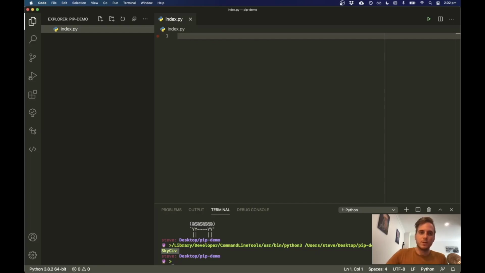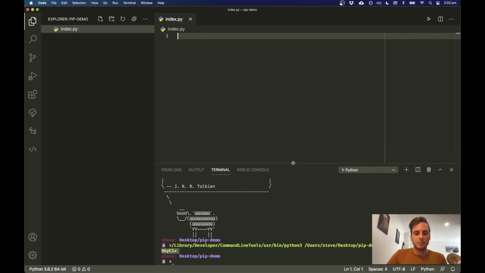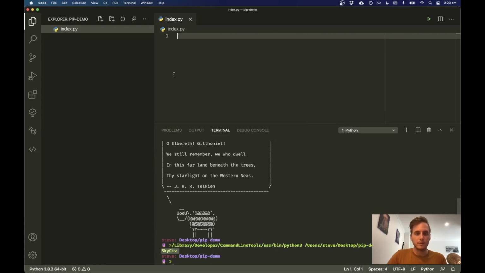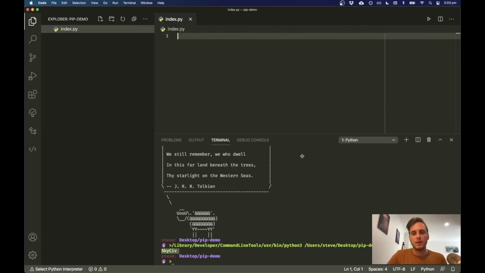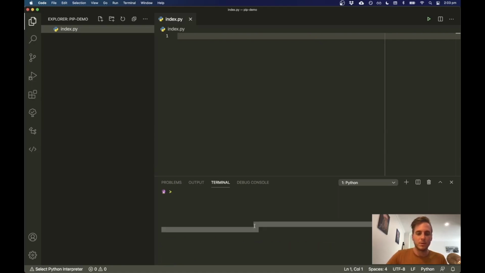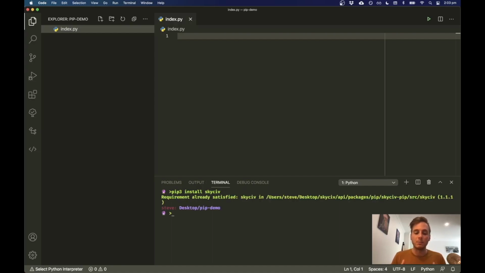So to get the SkyCiv package installed into our project, I'm just going to install it globally, and I want to use Python 3.9, which is the latest. I've obviously got a few versions installed, but by clicking down here, I can select 3.9, and then from within here, because we're using Python 3, in my case it's pip3, and pip is a package manager. So you can go pip install, and we've called our package SkyCiv, and that'll install SkyCiv to my computer,